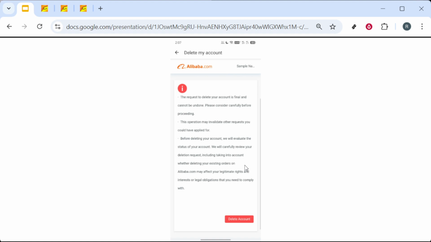Finally, when the last confirmation screen appears, tap Delete Account again. This final tap submits the request. Depending on Alibaba's policies and your account status, deletion may be immediate or may go through a short processing period. You may receive a confirmation message in the app or via your registered contact method indicating the request was submitted